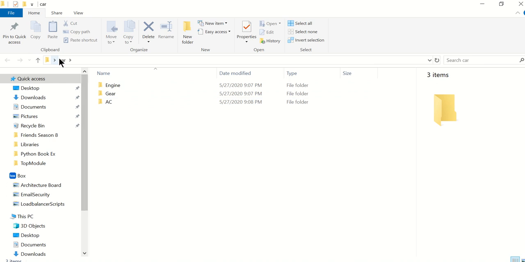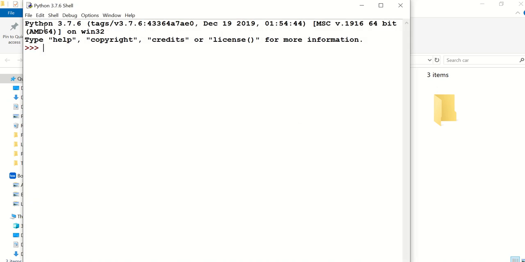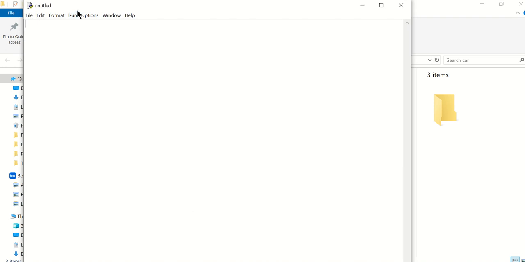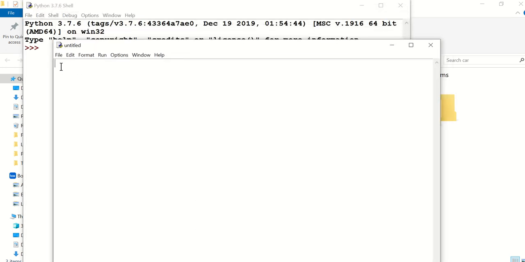So once you do that, you have to create the files that you want to have. Now I am going to write a Python program for car, and then for engine I am going to write. Okay, so just to make it simple, go to Python. In Python I am going to write a Python program, new file. I'm going to write details as a Python program name. So give the name of the file.